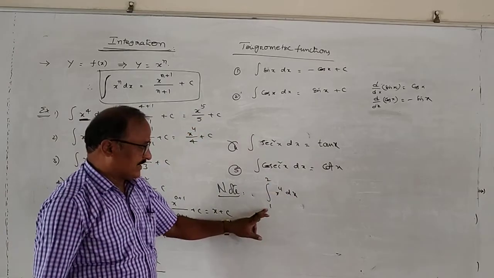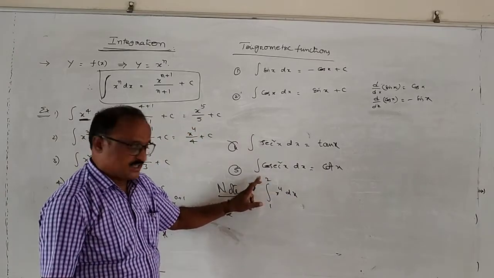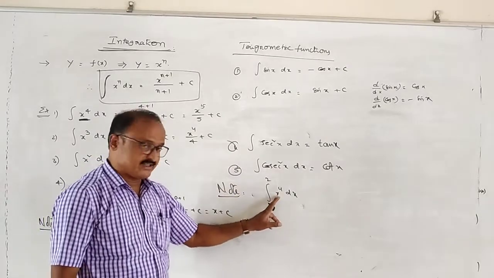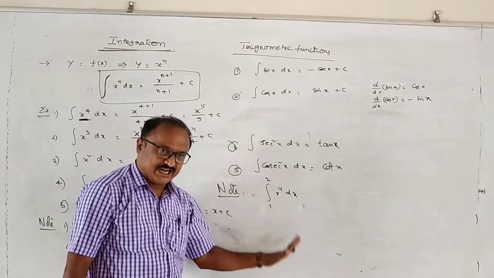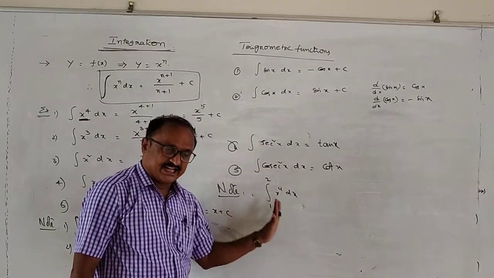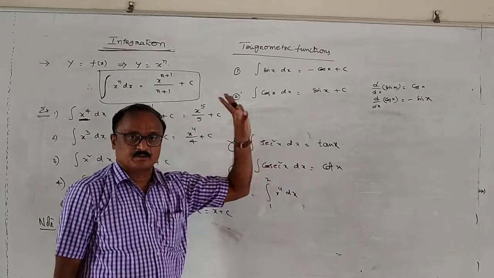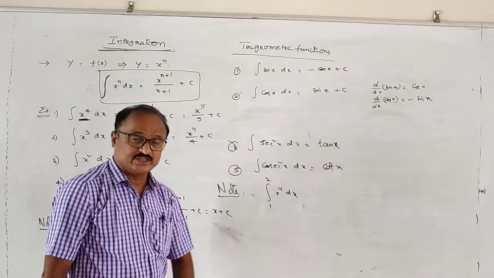One is called the lower limit and 2 is called the upper limit. In between these limits are the fixed lines. So this type of integration is called definite integration. In this definite integration, the integral constant c becomes zero. There is no need of